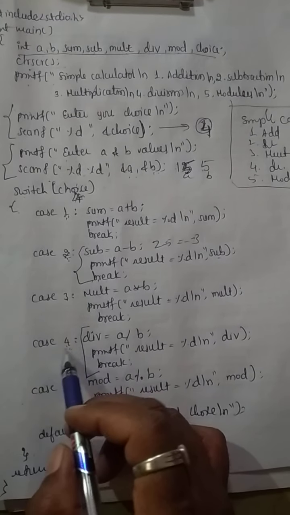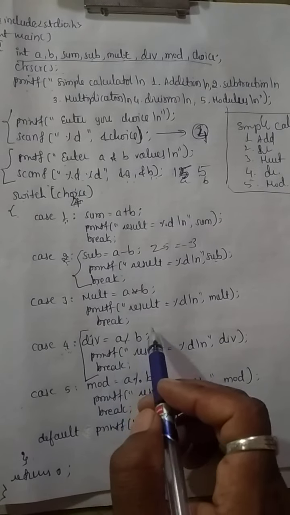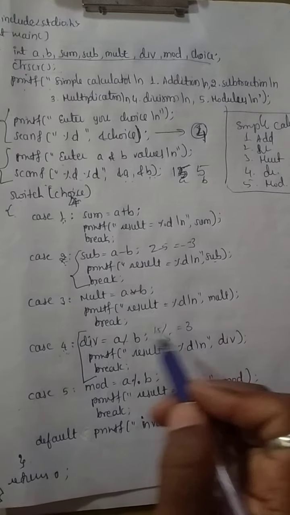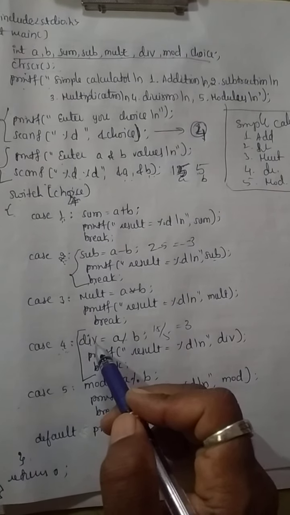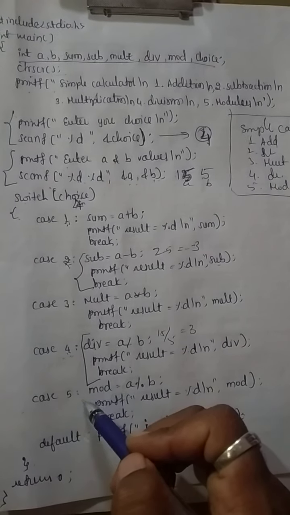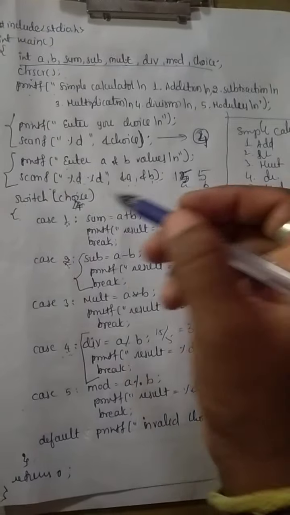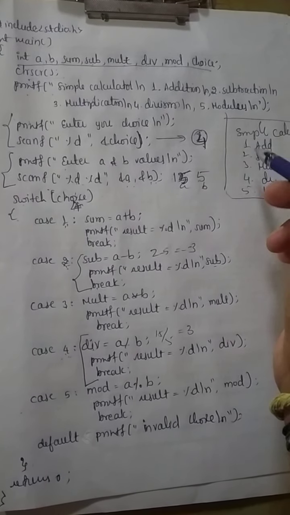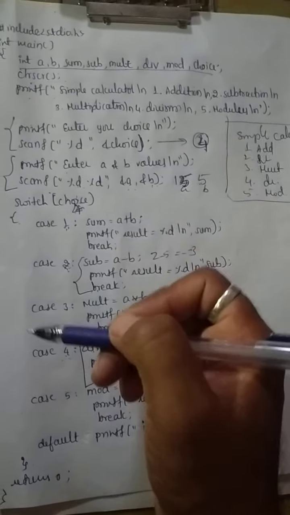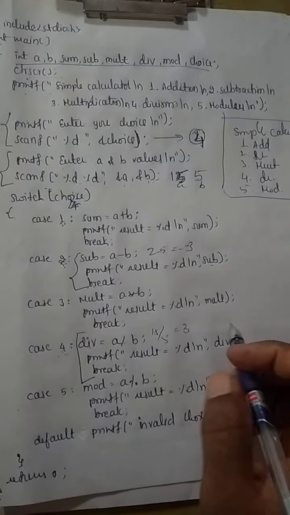So according to case 4, we are going for the division operator. So division is equal to a divided by b, a value 15 and b value 5. So the answer is 3. 3 is going to be stored in division, and print it. Then the break statement will be executed, so the switch case will be terminated and you can see the output on the screen. So like this, whatever choice you choose among these will be compared with all the cases. Whichever case matches, those respective statements will be executed.